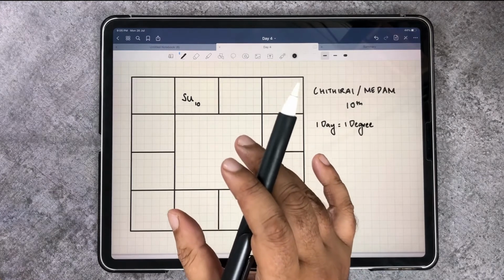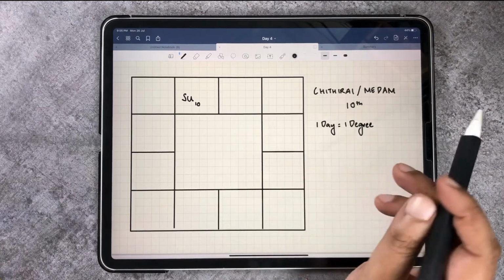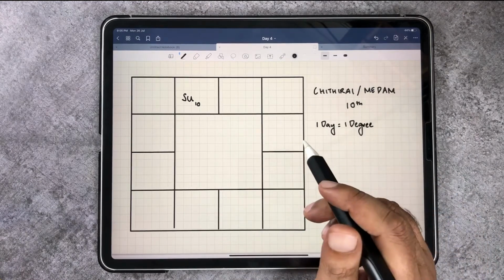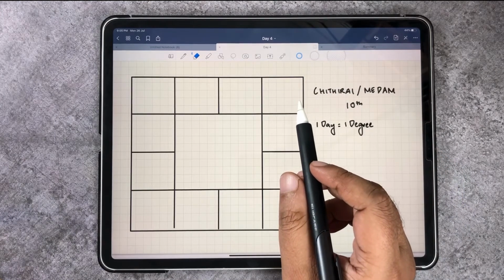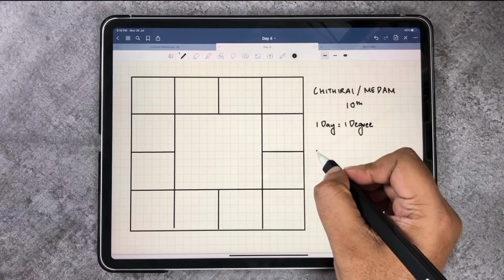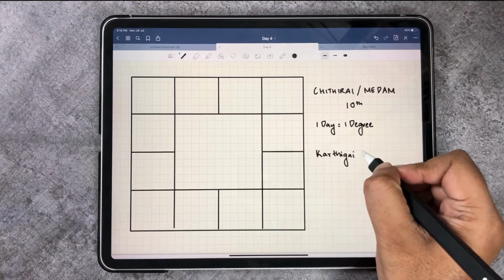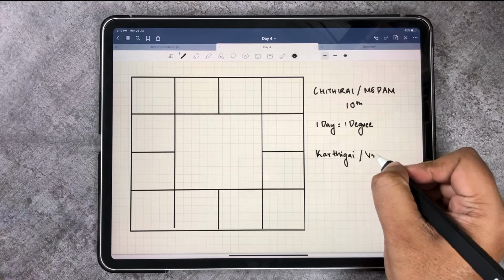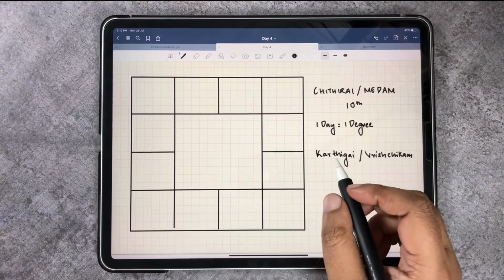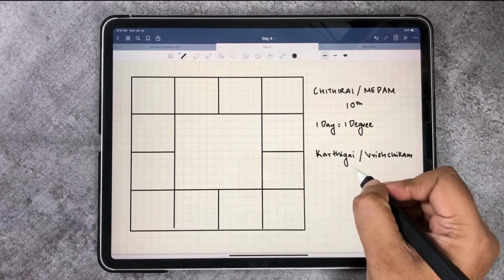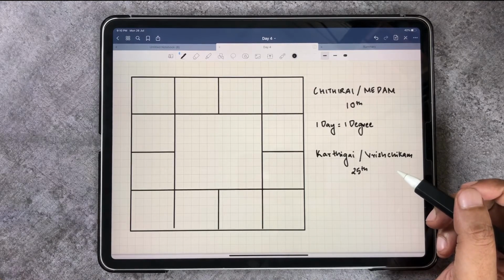Now I want you to understand this simple concept completely, as this would be the starting point of each and every math in astrology. Now let's understand this with another example. Let's take the Tamil month of Kartigai or the Malayalam month of Vrishchigam. And the date that we are going to consider is the 25th. So 25th of Kartigai or 25th of Vrishchigam.